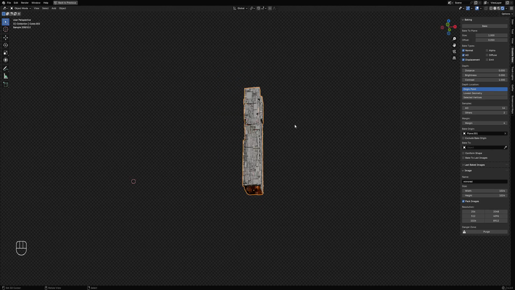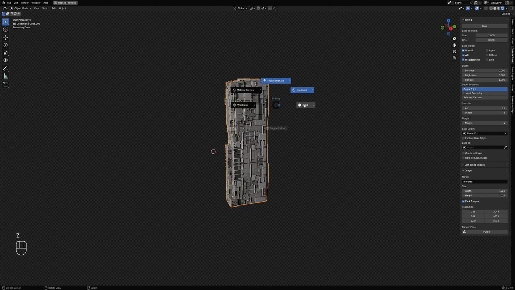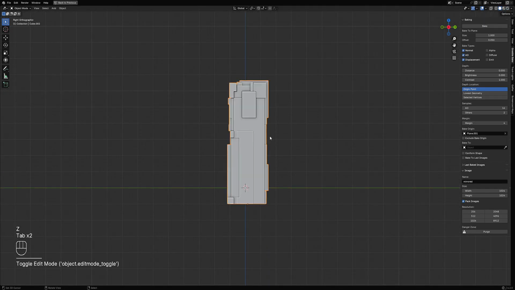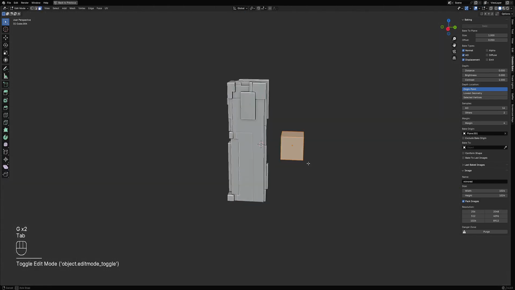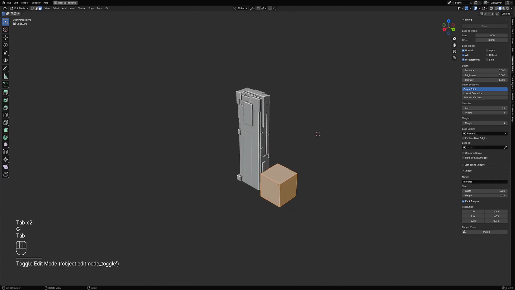There you go, your sci-fi building. And then you can build a bunch of these buildings using Random Flow,